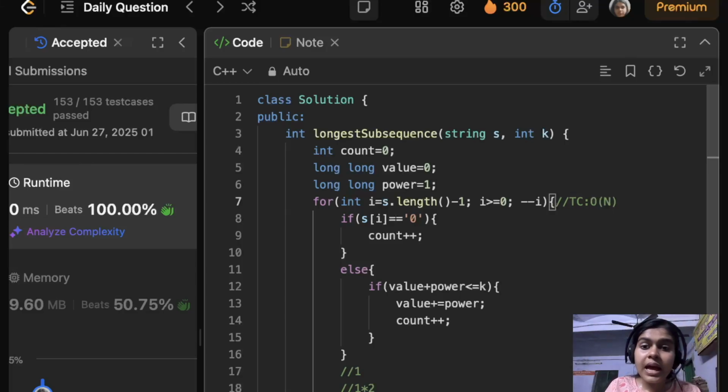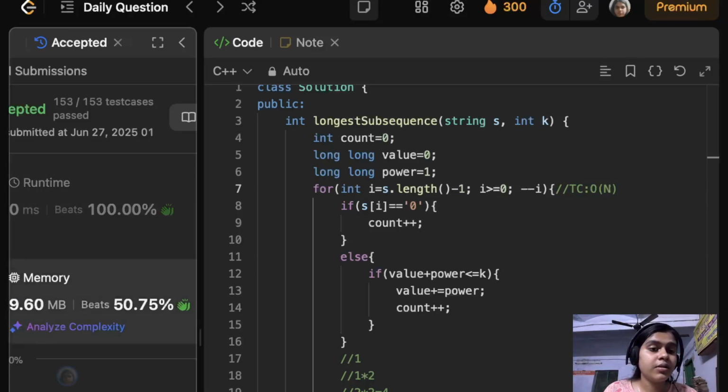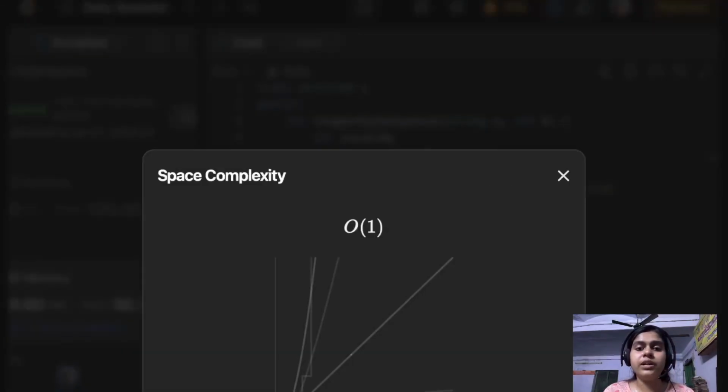And the space complexity is big O of 1 because no extra data structure is required here, right?